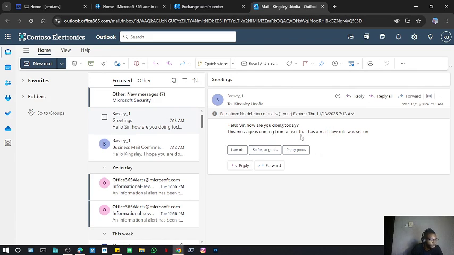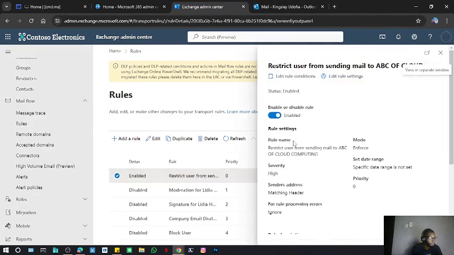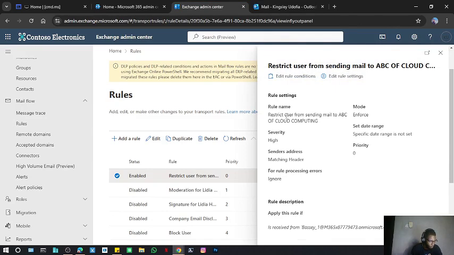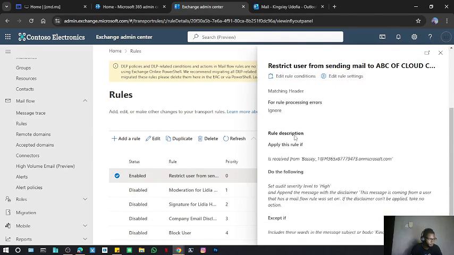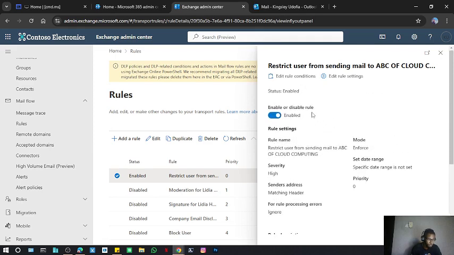This message is coming from a user that has a Mayflow rule we set on. Now you can see the disclaimer applied. So you can actually play around more with the set rules and other things also. You can edit the rules, just play around with it, enforce, play around with your priority,